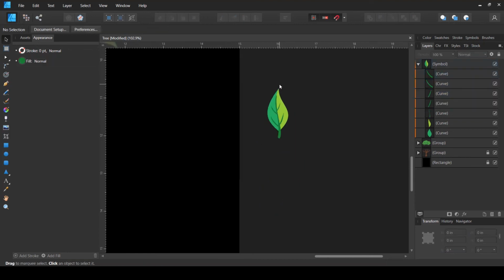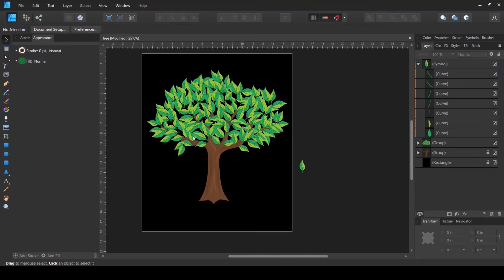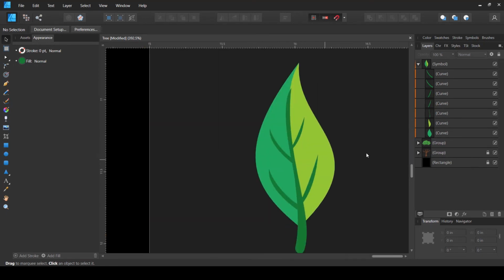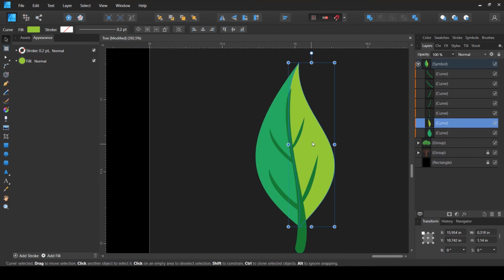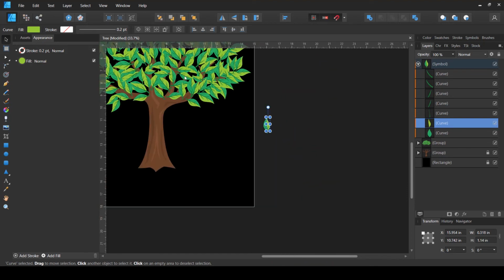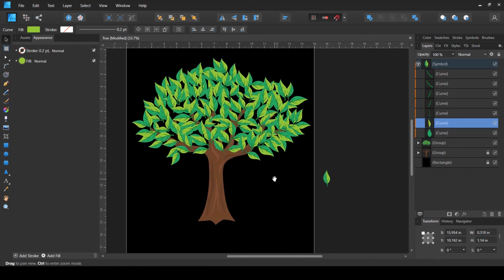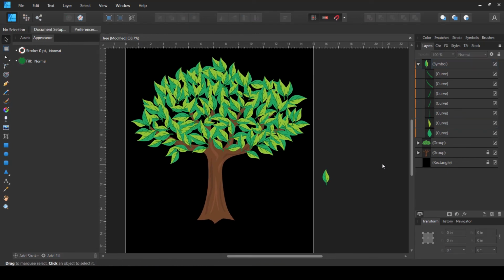And if I just zoom out, you can see that all the colors on the tree are changed, all the leaves are changed. And if you want to add more elements on this leaf as well, maybe a dotted style look, or different kinds of colors in different locations, those changes will appear on the tree, and that's one way to do it.